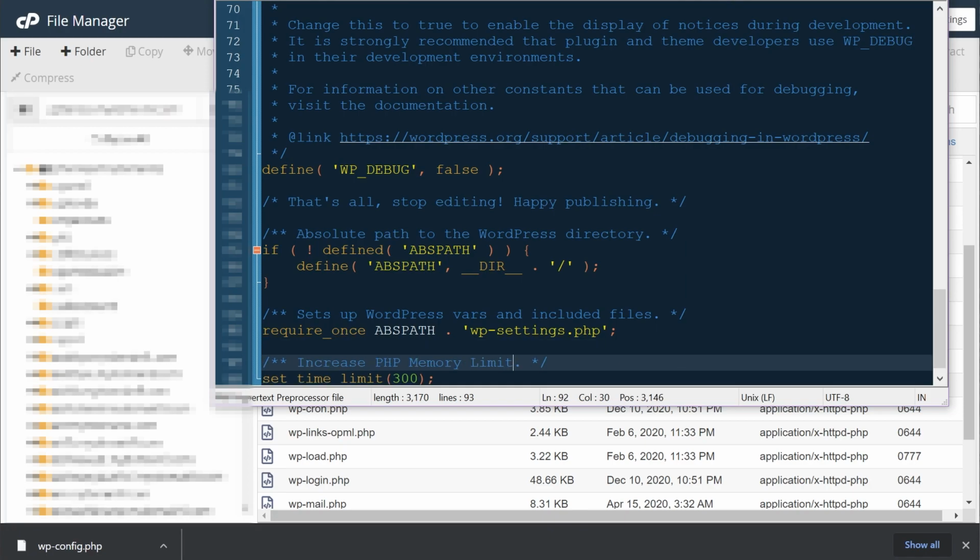Something like this. Once you've made the changes, make sure to save your file or upload the file back to your server, depending on the method you've chosen, because if you don't do so, the changes will not be reflected on the server and the entire process will be a dud.